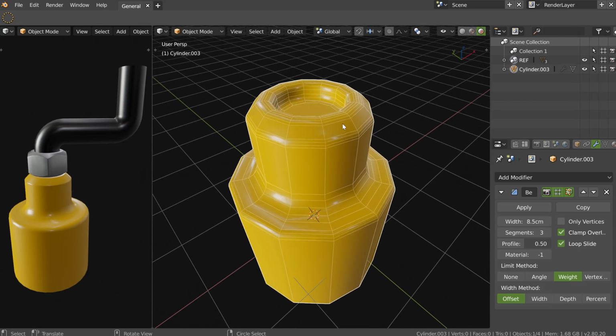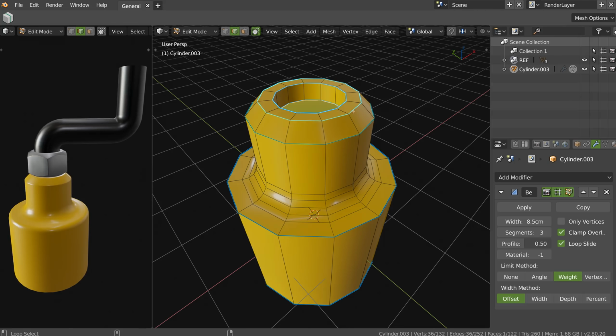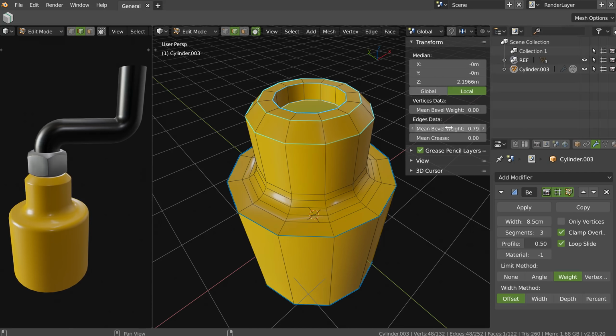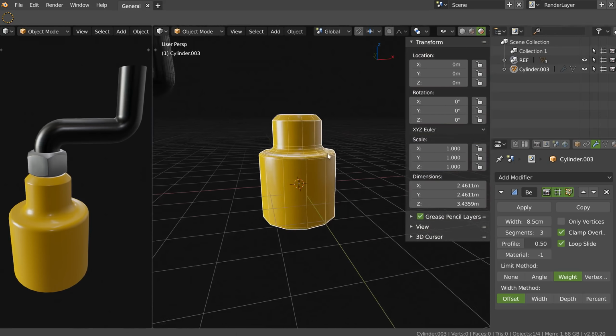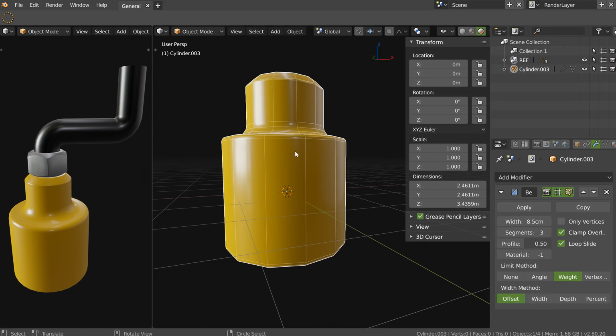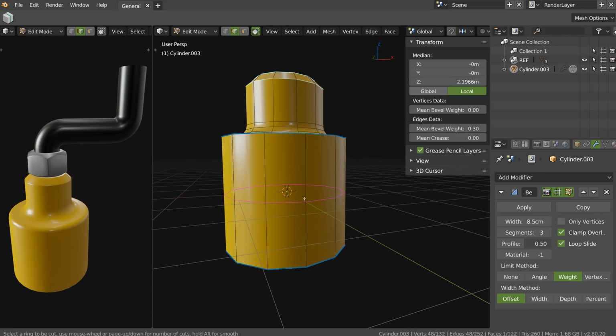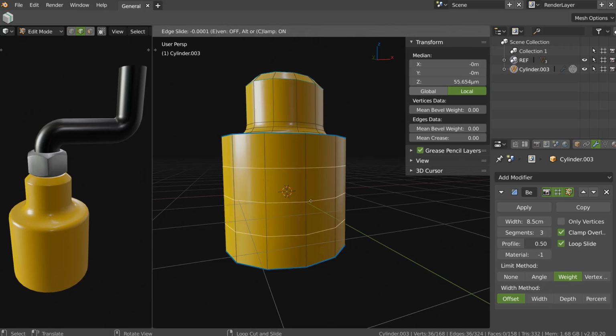Let's see the result. Okay, I will select all of this, and I will change the value to 0.3. Okay, so I have something nice. Because this is bad, I will add some subdivisions, Control R. It could be nice to add this possibility with a pen, for example, press Shift and drag the mouse to increase and decrease the number of segments, because right now, when we use a pen, we cannot do this. So I don't want too many, and that's it.